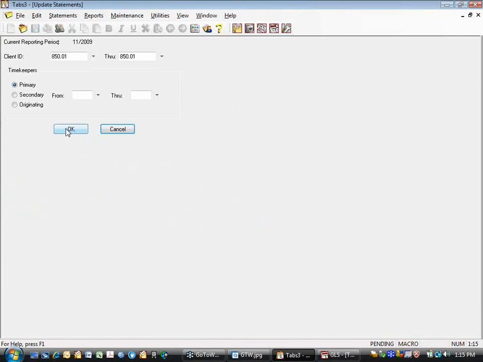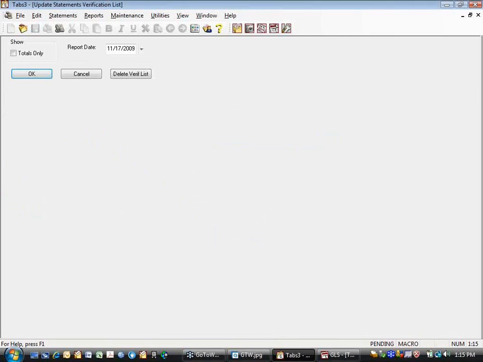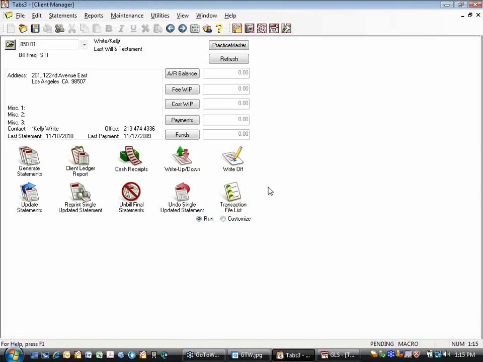I'm not going to back up because it's my demo system. I'm going to say, okay, he's updated. Bam, we'll get out of here. Now he doesn't owe us anything. Now if we go back to GL